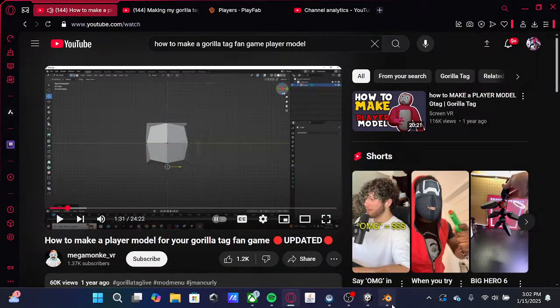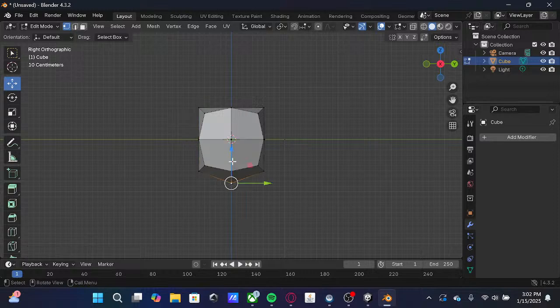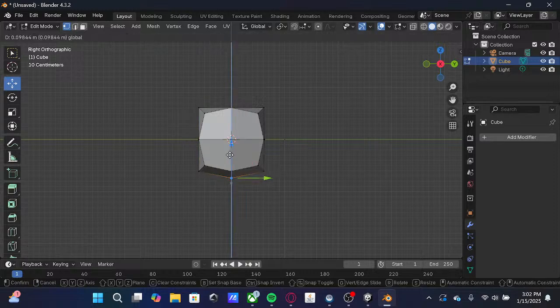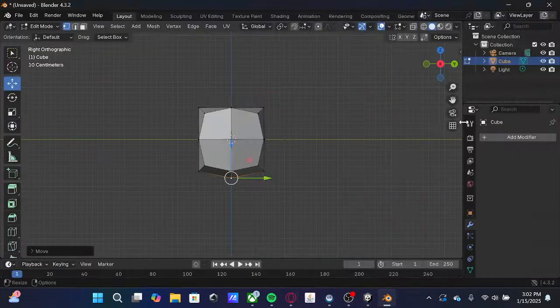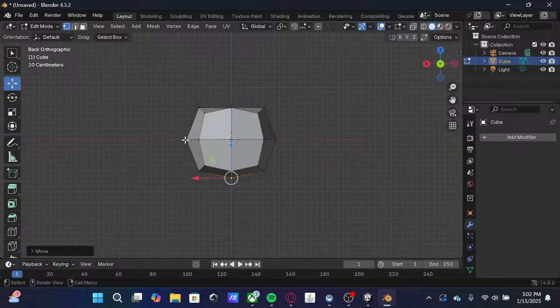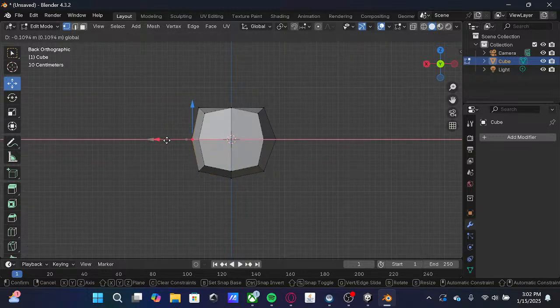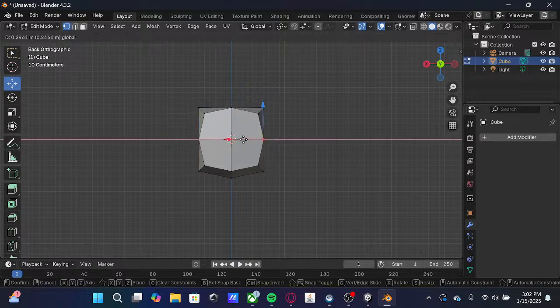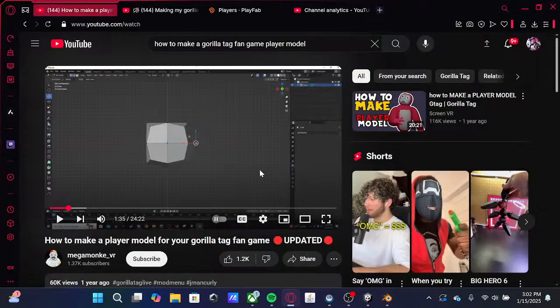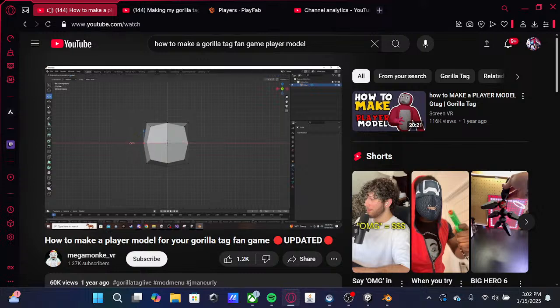So do that, and then pull these in if you want. I'm gonna pull this one out a little bit more just so we can tell which one's the belly and which one's the back. Okay, now go back out of